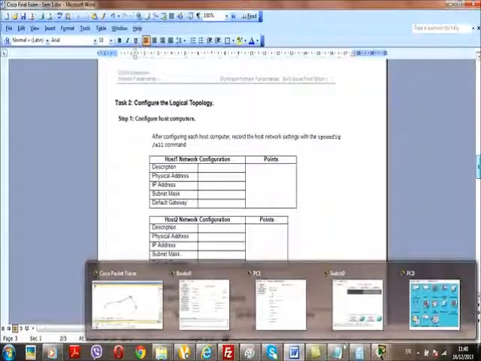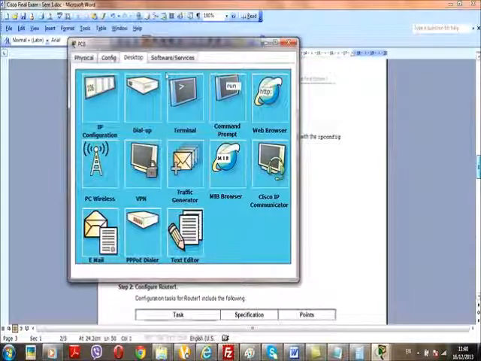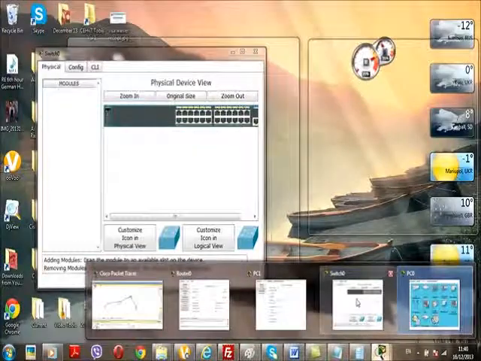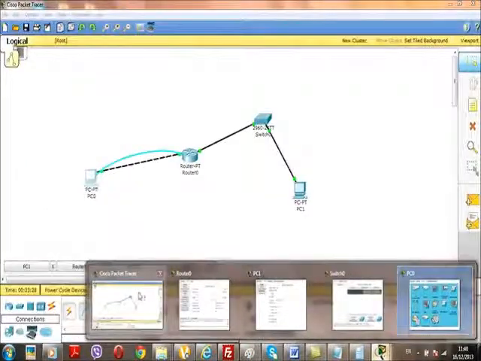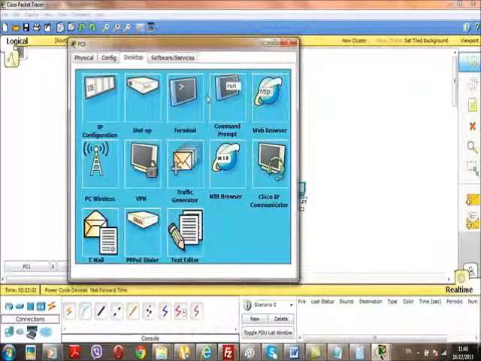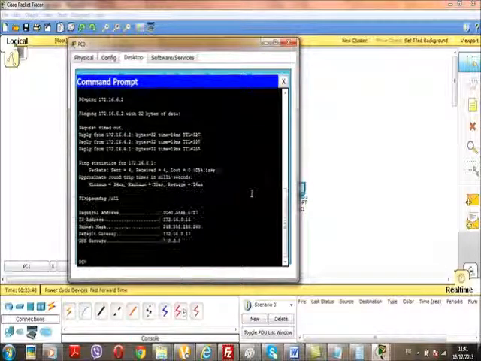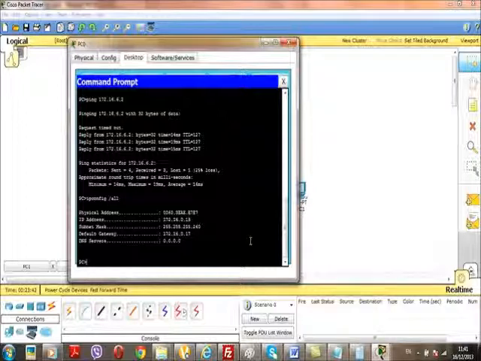Let's go back into Packet Tracer. Here we are in Packet Tracer, and I'm not quite sure which host we are on. Let's have a look. Switch 1, PC. Here we go, Packet Tracer. Let's do the first one. We go to the command prompt, and all they want to know really with this exercise is whether you know this magic command, ipconfig /all. Yeah, I'm going to type it in, and